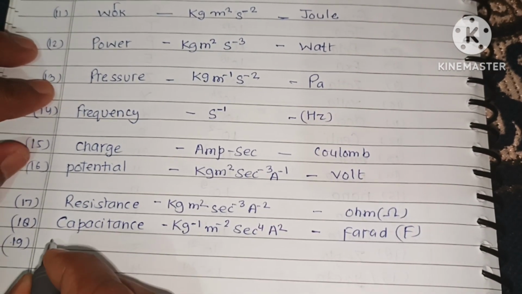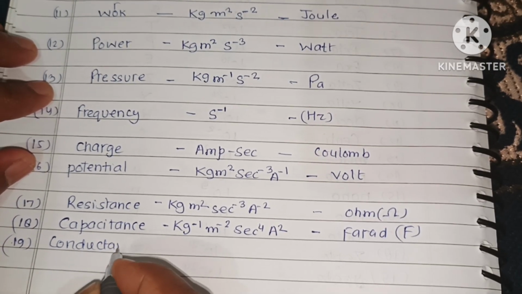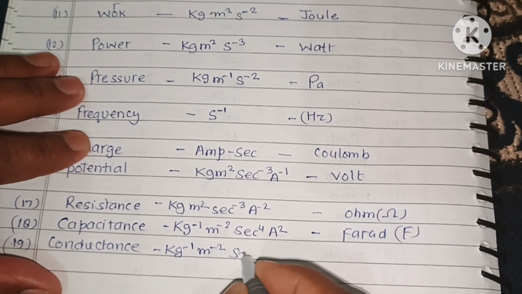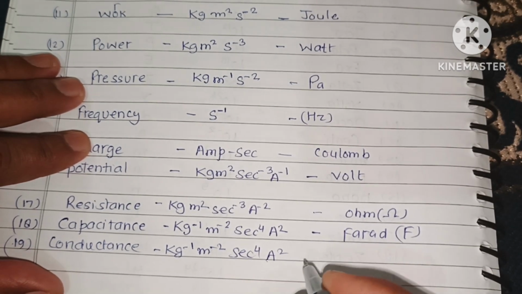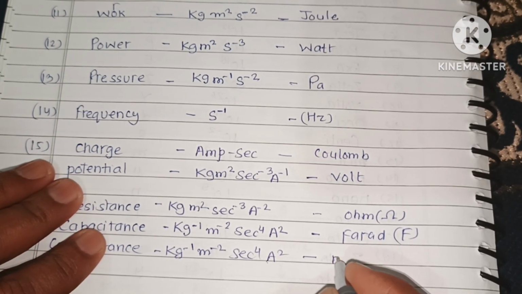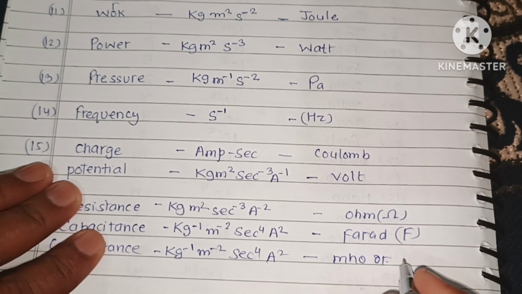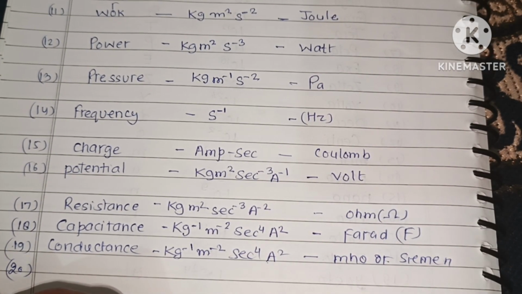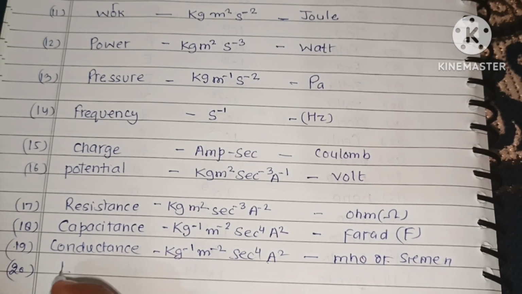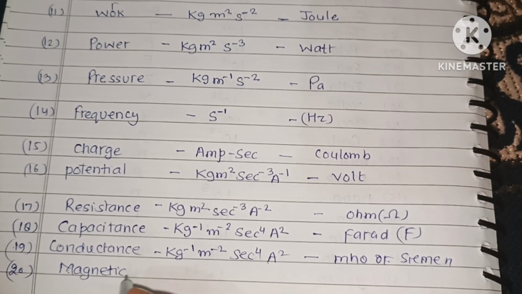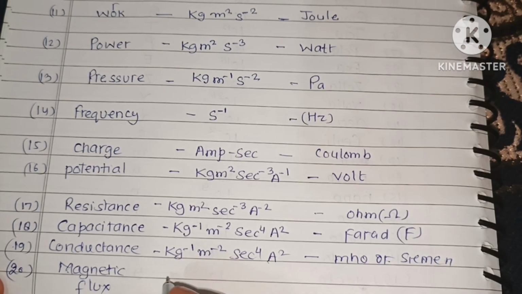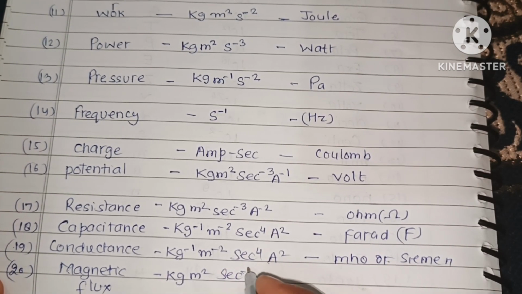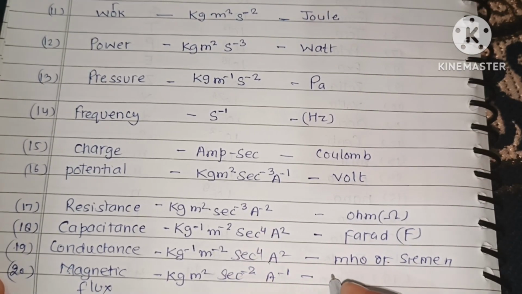Second last, conductance, kg minus 1 meter minus 2 second power 4 ampere square, that is mho और Siemens। 20, magnetic flux, its unit is kg meter square second minus 2 ampere minus 1, unit is Weber।